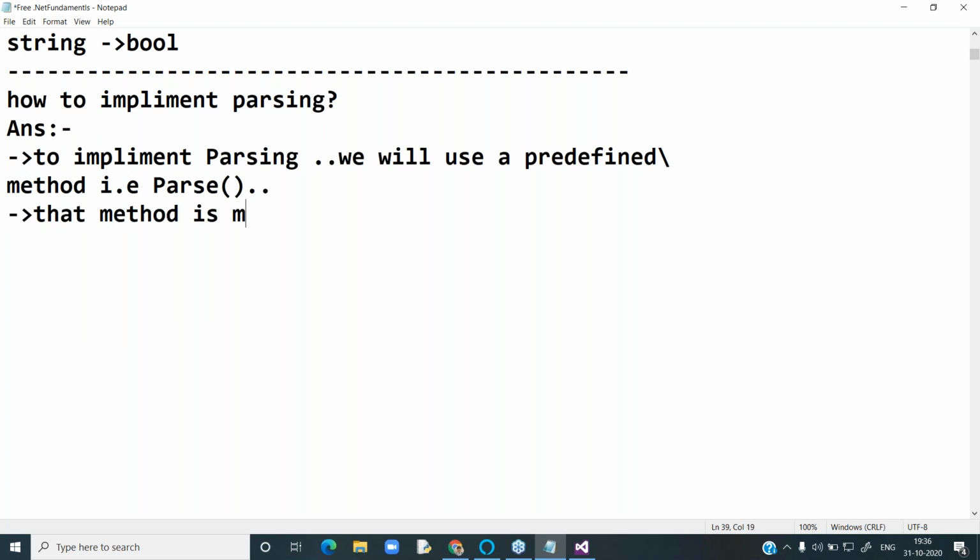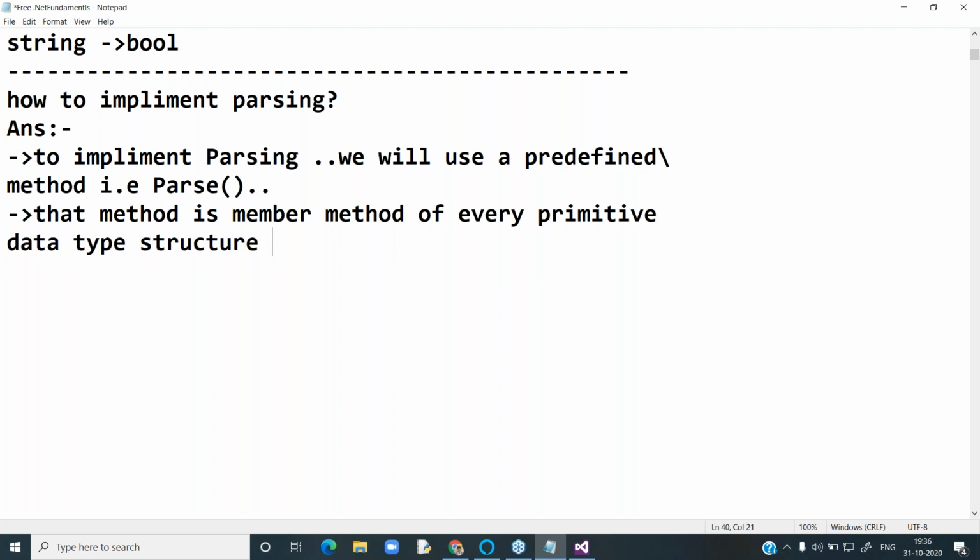That method is a member method of every primitive data type structure, like below.